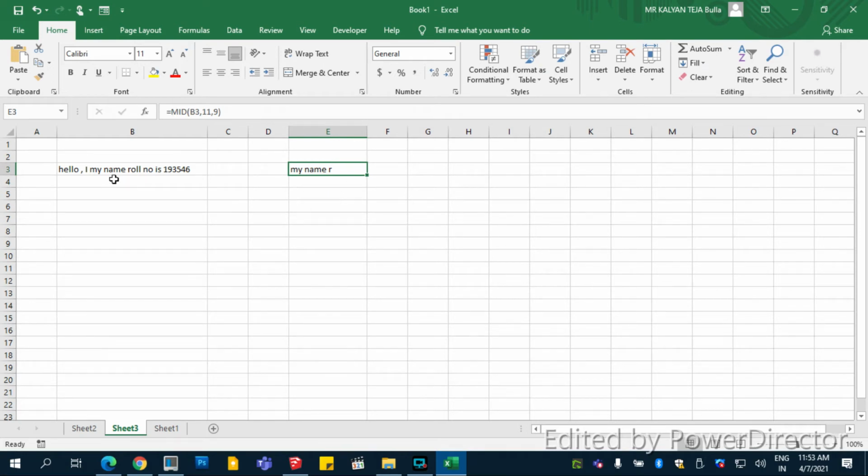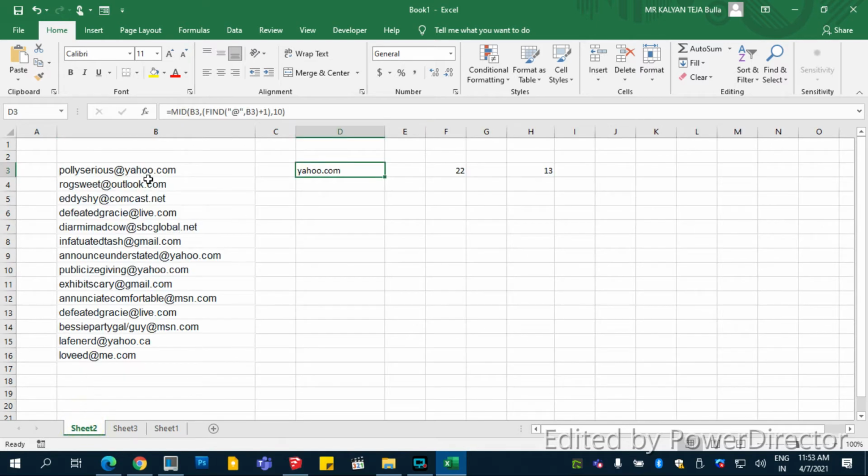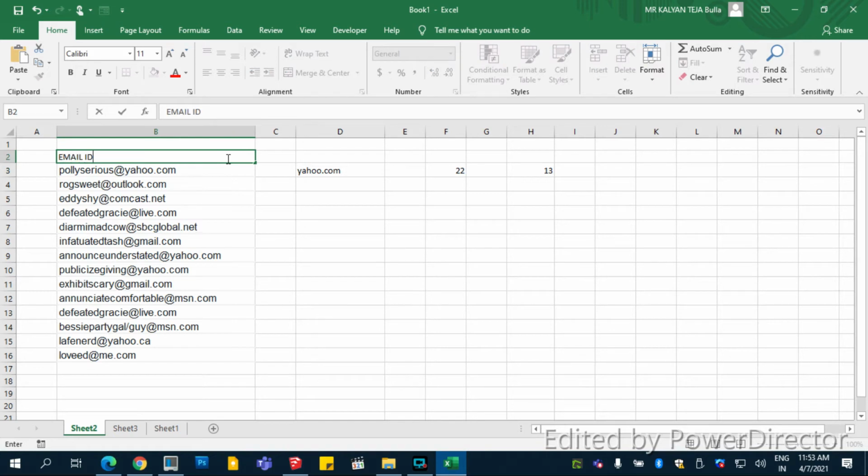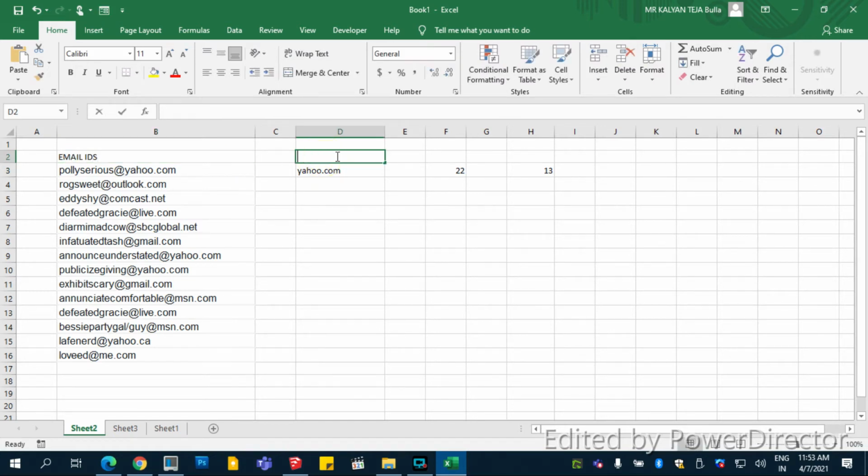Now let's see the actual real-time uses. One small example of real-time use of the MID function. We go into the sheets. Now we have a few email IDs. Let me type in email ID and domain. There's also another command I wanted to tell you, called LEN.